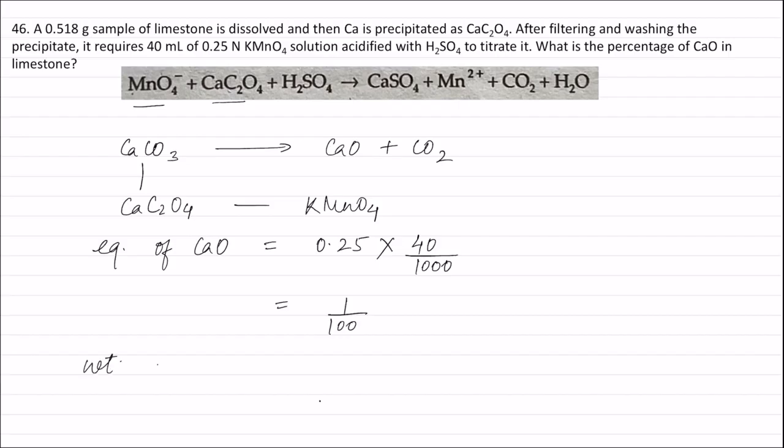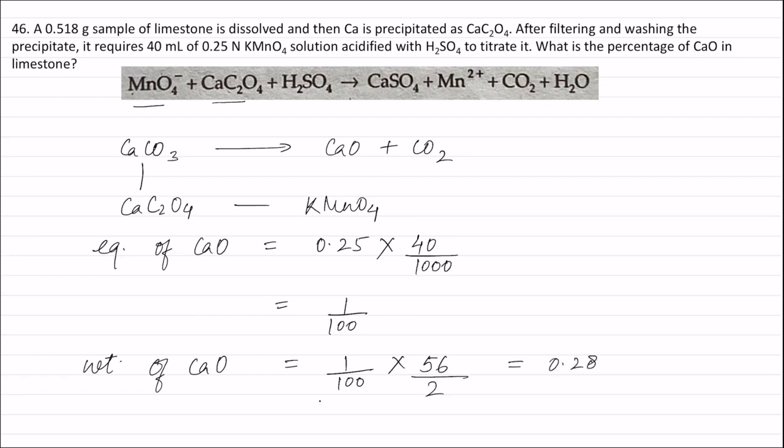Therefore, weight of calcium oxide will be equal to equivalents of calcium oxide, that is 1 by 100, into equivalent weight of calcium oxide, which is equal to 56 divided by 2. 56 is the molecular weight of calcium oxide and 2 is the valency factor. And this is equal to